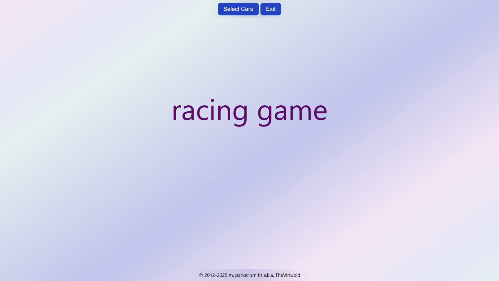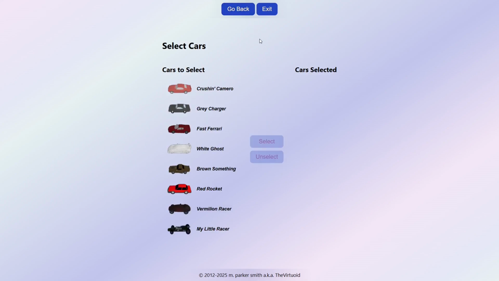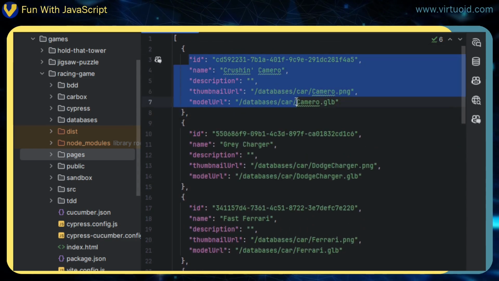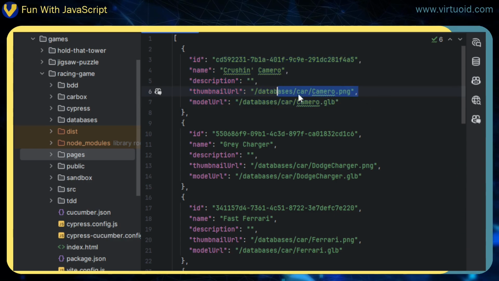So let's get started. Well, this is the first screen, as we're all completely aware of, and if we click on select cars, notice now I have the actual models of the cars. We can go over to our JavaScript file, and we can see our JSON. Our car's JSON file right now has the ID, name, description, but all the thumbnails and all the models